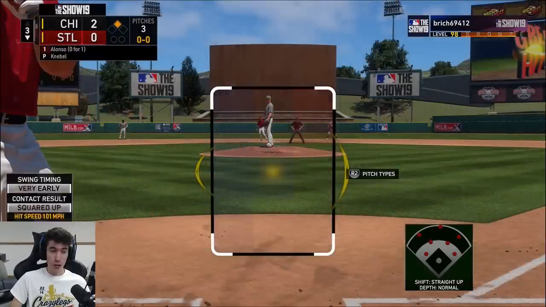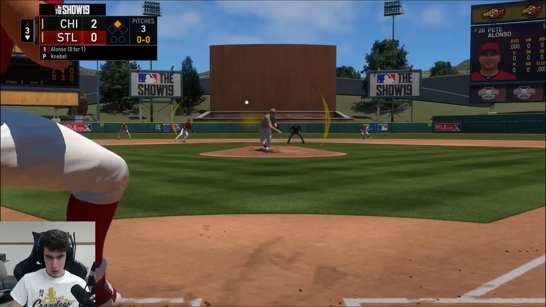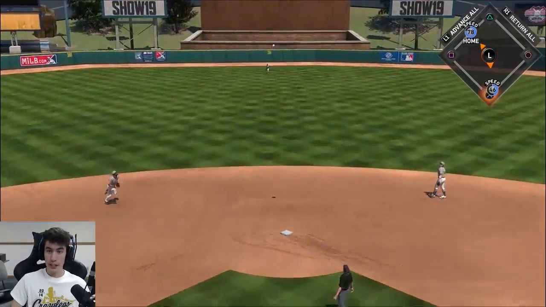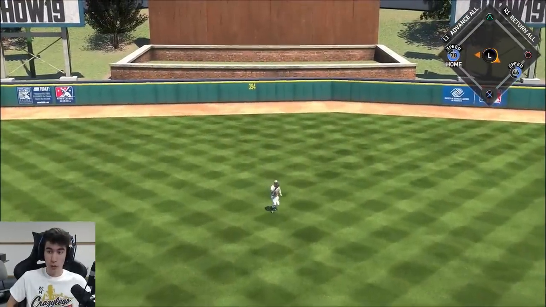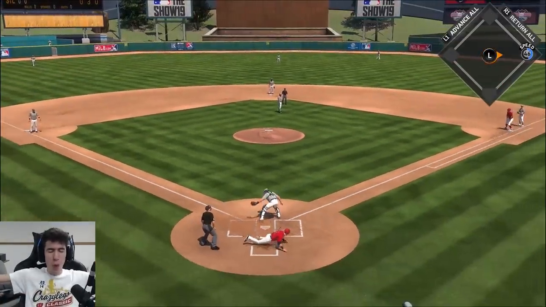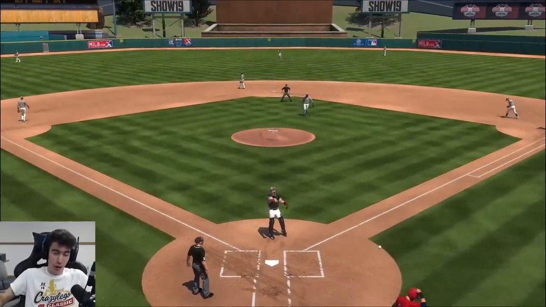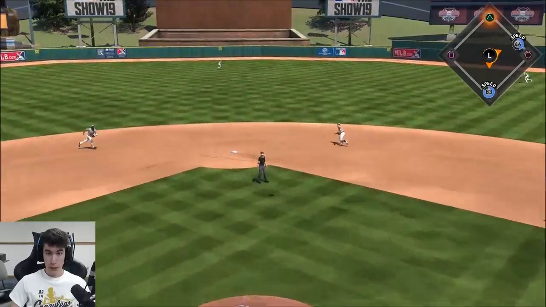Time to get a pinch runner in there. Pete Alonso. A home run could tie this game up just like that. Pete Alonso into the outfield. It's dropping. That's going to cut the lead to 1. Let's go. Pee Wee Reese, a home run, walks this game off and wins it for us. Pee Wee